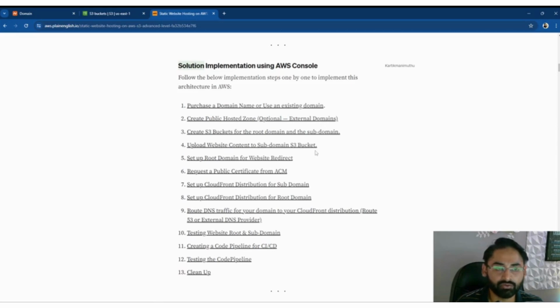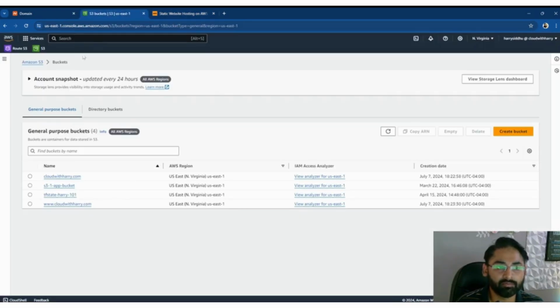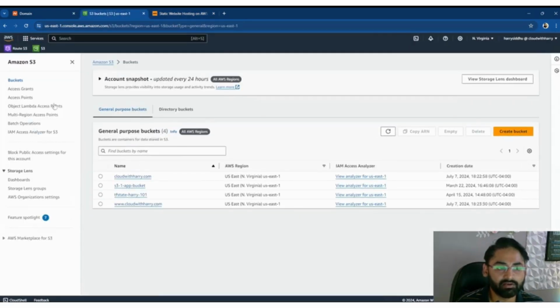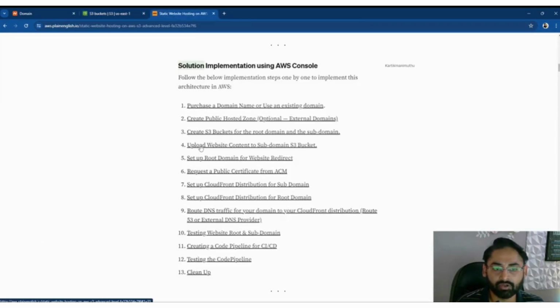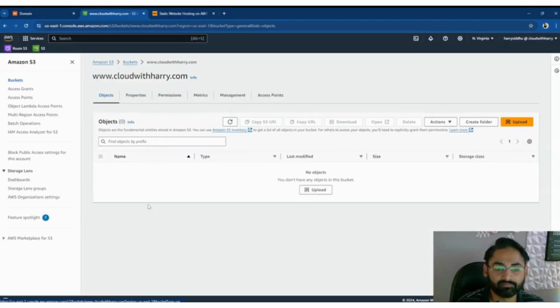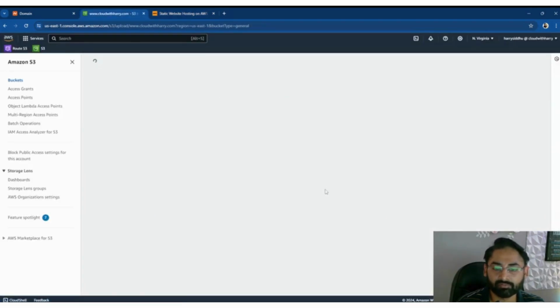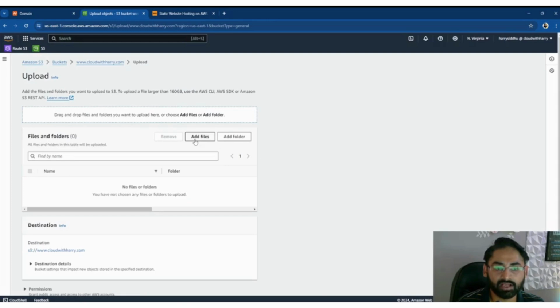For that, we need to go to the AWS management console. So this is my AWS management console, and here you can see that I am on Amazon S3. These are the buckets that I had created: cloudwithharry.com and www.cloudwithharry.com. As per the instructions, we need to upload website content to the subdomain S3 bucket. So let's click that. Here you can use this upload option, and then you can add files as well